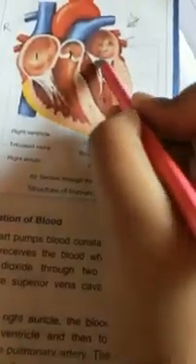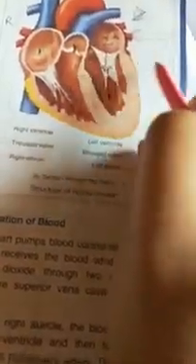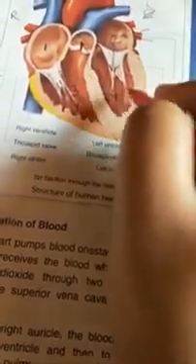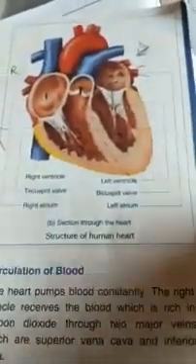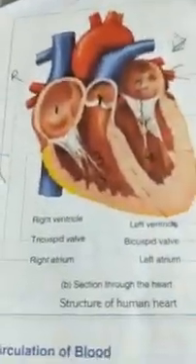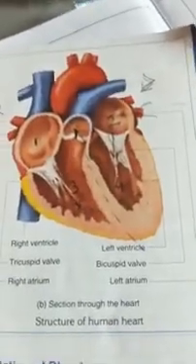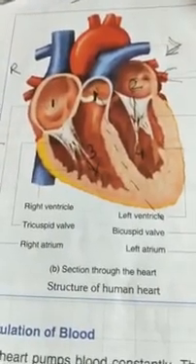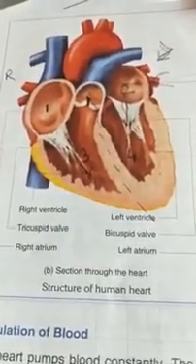Again, what happens? From the lungs, the oxygenated blood, the bright red colored blood, comes out and comes to the left part, the left atrium. Again this valve, the bicuspid valve, opens, this door opens, and the blood is filled in the left ventricle. Again this left ventricle pumps out and the blood goes to the whole body. So this is how the heart works. This heart works continuously throughout your lifetime. Have you heard of any machine which works throughout your lifetime without stopping, even when you are sleeping?